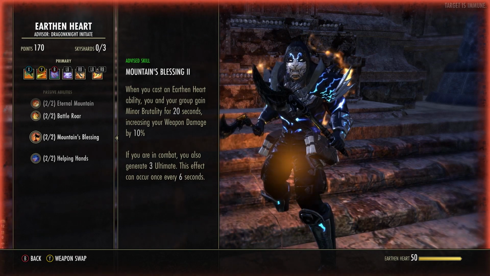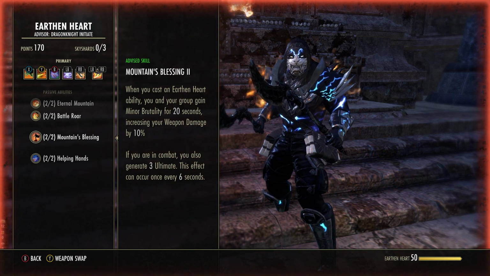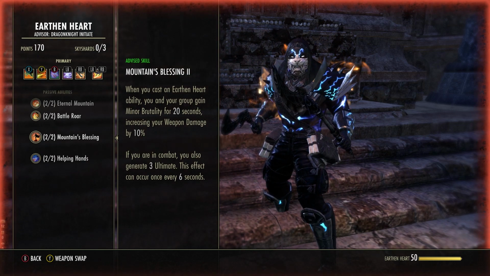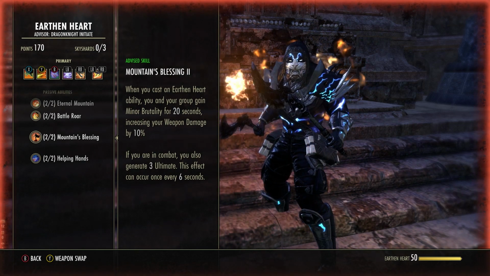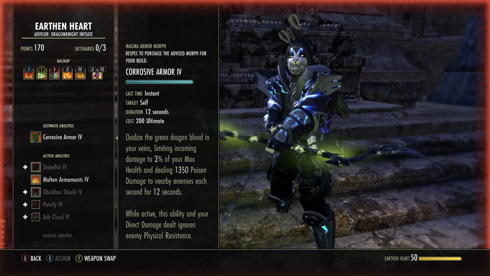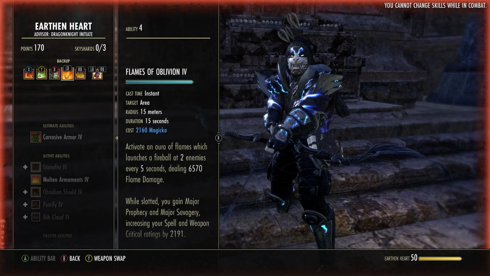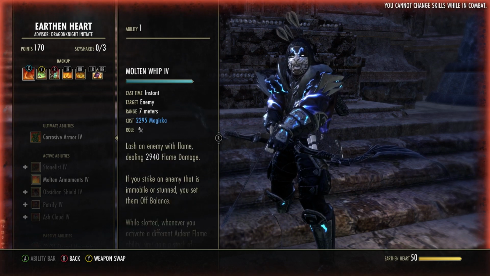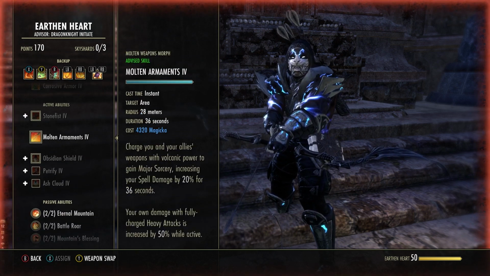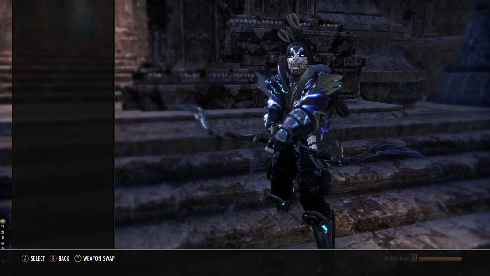When you cast an Earth and Heart ability, you and your group gain minor brutality for 20 seconds, increasing weapon damage by 10%. And if you are in combat, you also generate 3 ultimate, and this can happen once every 6 seconds. This is why this Molten Armament skill is actually quite relevant, depending on the content you're in. You can put it here actually sometimes and keep this on, but you have to watch out because it costs magicka. You can actually slot it here. And if you do so,